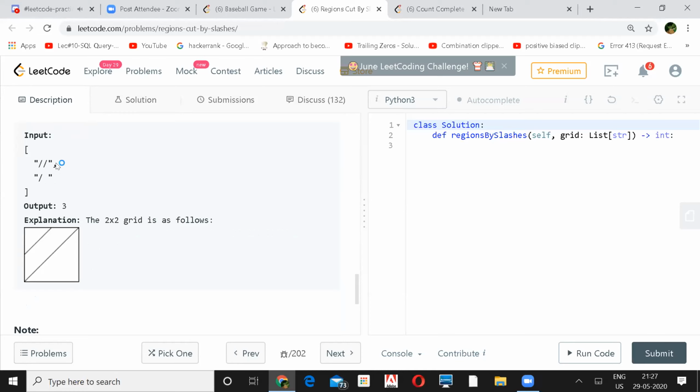So it's a 2 by 2 grid, right? The second one is the top, and the first one is at the bottom diagonal. I thought we could do this. No, so the first line has two forward slashes. The first forward slash is the top one, and the second slash represents the diagonal, right? Why don't you draw it in that notepad? It will be more clear. Just pick this input.